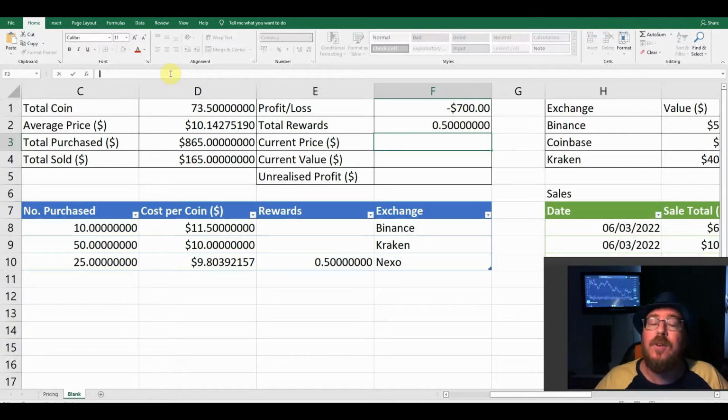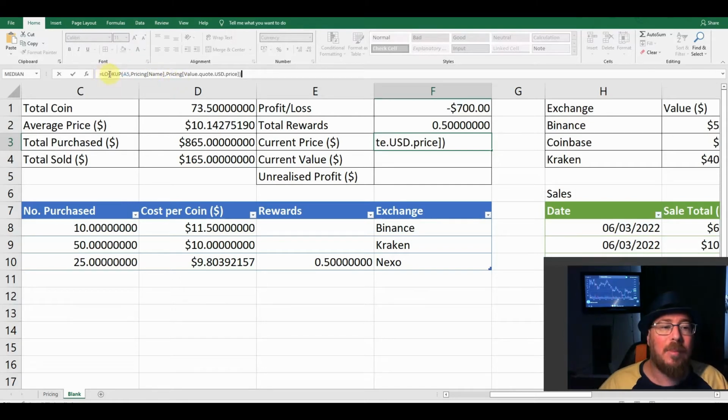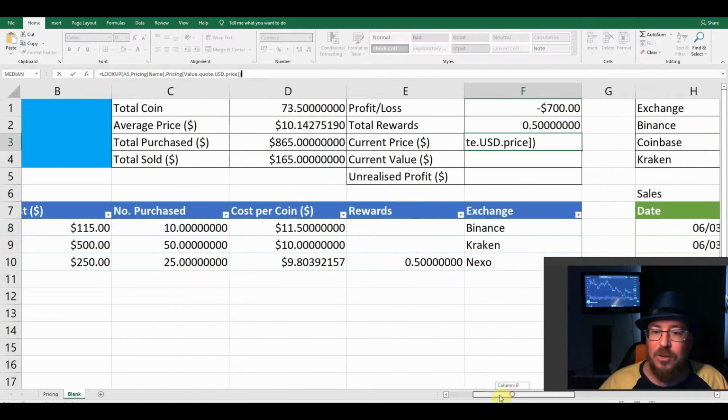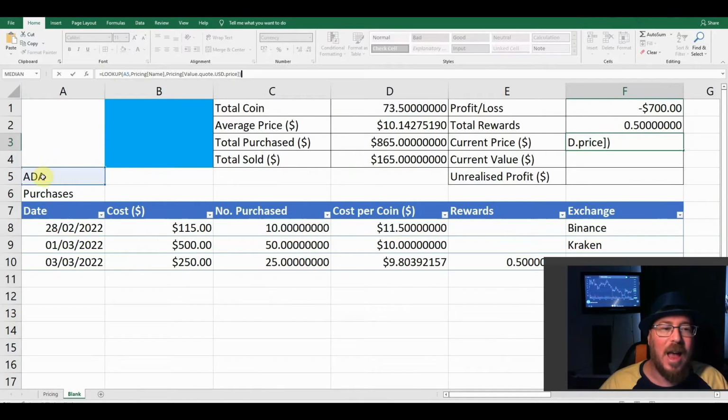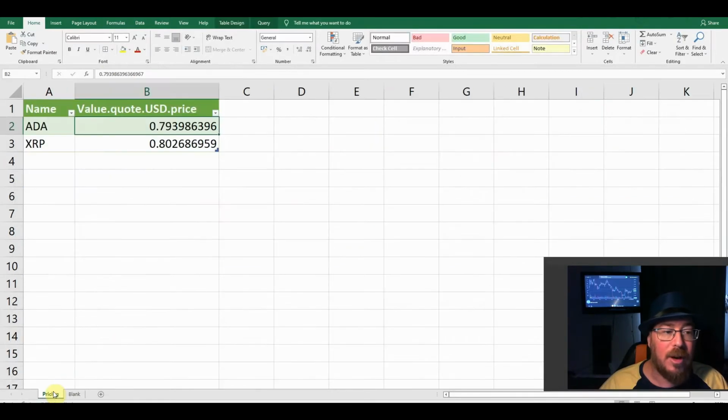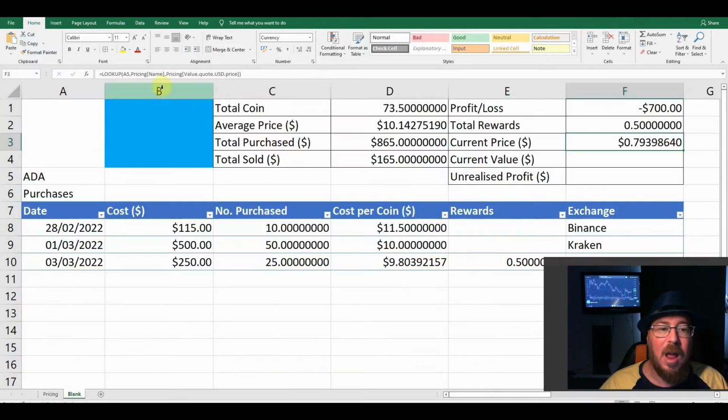The formulas that follow are going to be in the comments below, so you can just get them straight from the comments. I am just copying and pasting them straight in, and you can see how they work. So we're going to be looking up A5. Now let's go back to A5. So A5 is ADA. We're going to look up A5 in the pricing under name. So I'm going to click on pricing, and under the table part of name, we're looking up ADA. So whenever it finds ADA, we're then going to put the pricing